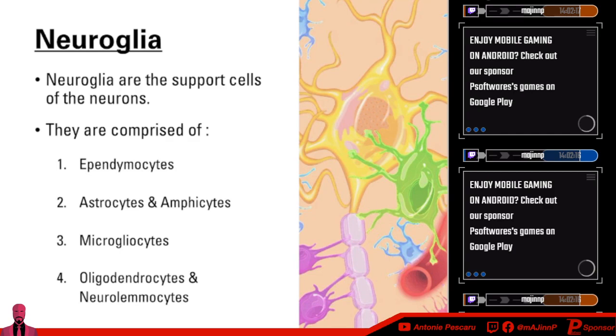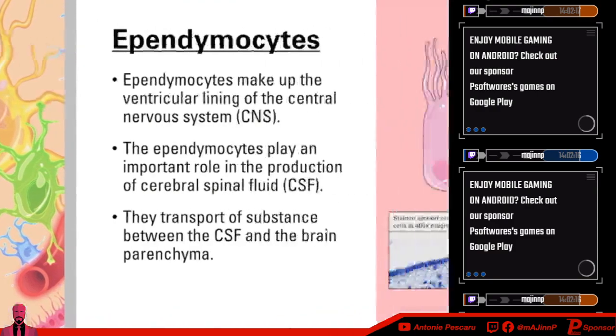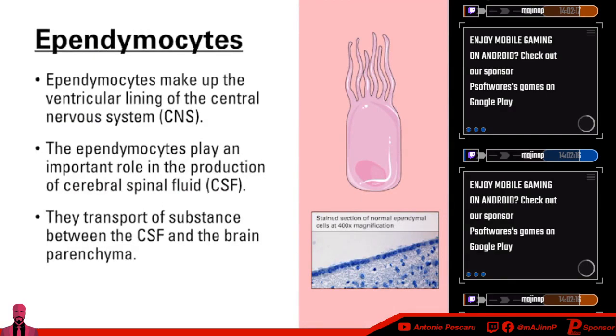So without further ado, let's cover them all before getting to the neuron, because like I said, they are the support cells and they do the most important job, which is helping our attack damage carries, the neurons, to do their job, basically. So, we start first with the ependymocytes. The ependymocytes, which are like